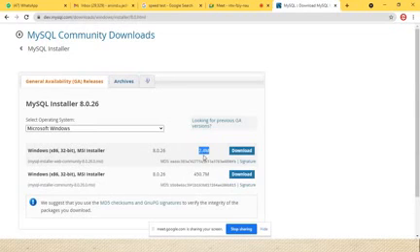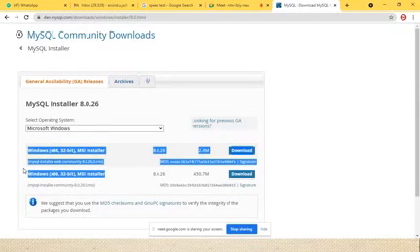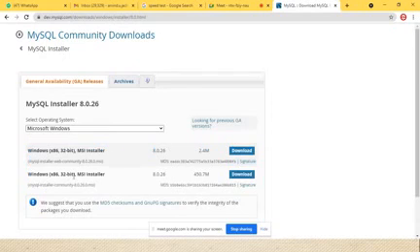So for that I suggest just click on this application. Download 450 MB Windows x86 32. Okay, so you have to download the 32 bit one. If you have 64 bit architecture, don't worry about that. We can easily install 32 bit applications also. On 64 bit we can use 32 bit applications. So download it.